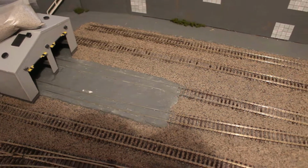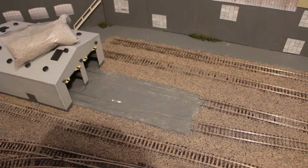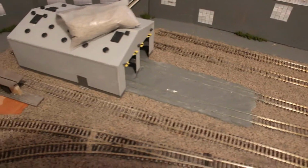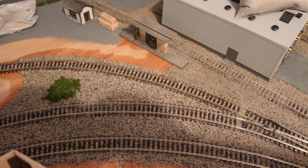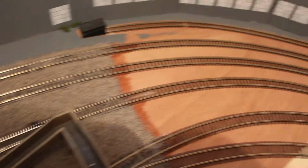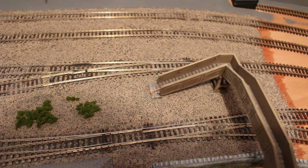I'm not going to rush it because previous projects have been minimum space layouts mostly, so that's meant that I could do the ballasting in one hit basically and spend a couple of hours on it. Well, I want to take my time on this layout, there's no rush to finish it, so I've started the ball rolling today, and hopefully everything here is okay, and then I can crack on and do a bit more, probably in this direction round to there. But I'm pleased with the effort so far, because ballasting is a tedious job,